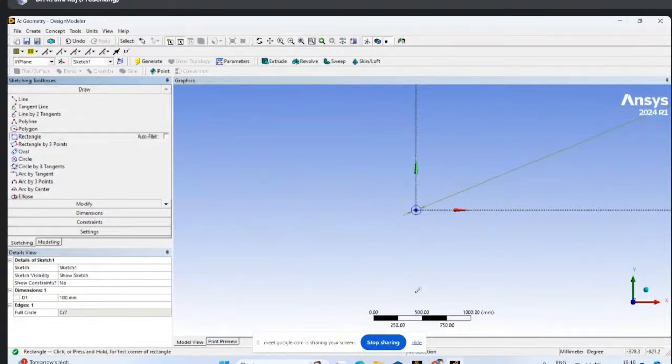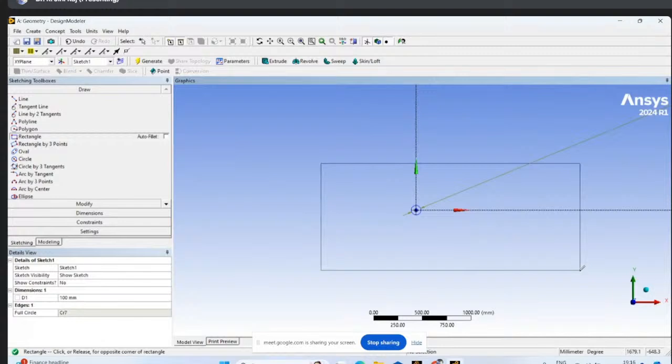Normally when you're studying CFD, you will learn that for flow over a cylinder we can go with a rectangular control volume. For an airfoil we can go with a C-type control volume. Like that, many different types of control volumes are there, and we prefer one depending upon our requirement. So here I am going with one